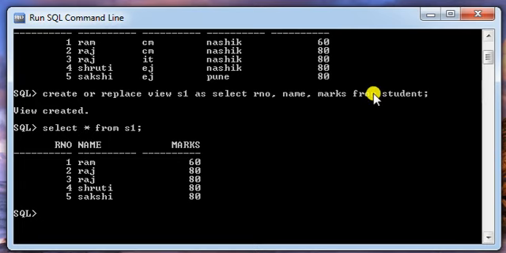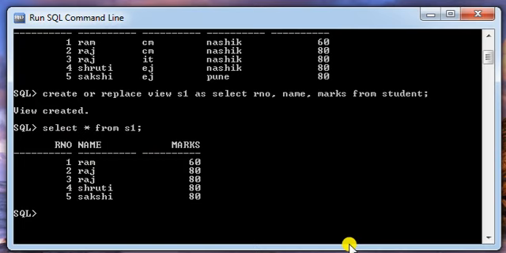So student is our base table and we have created a view from the base table student. So we can say that on this view we can perform all the operations that we perform on a table. To retrieve the data from a view, we use the command select star from view name. It shows the data available in the view.